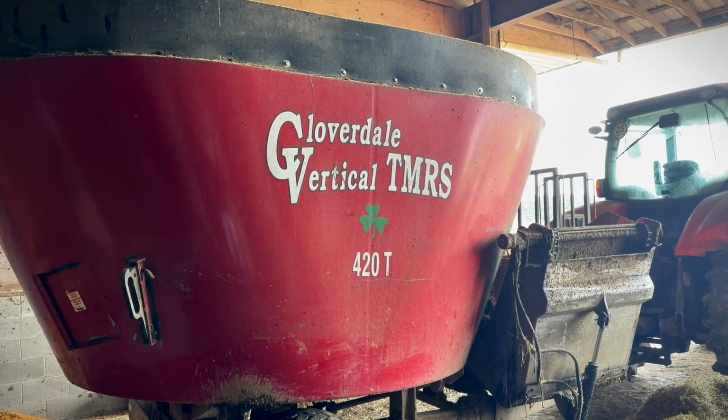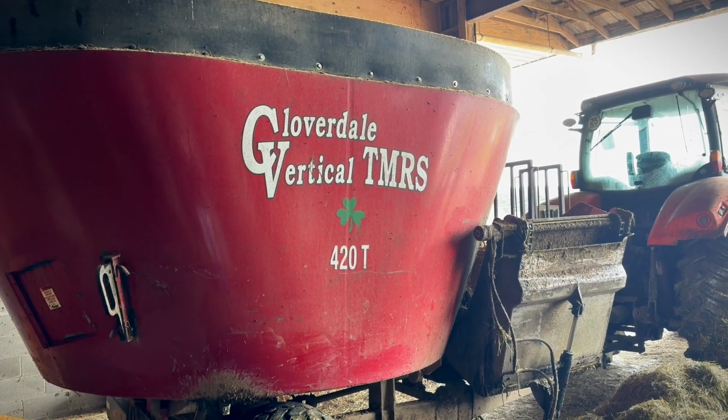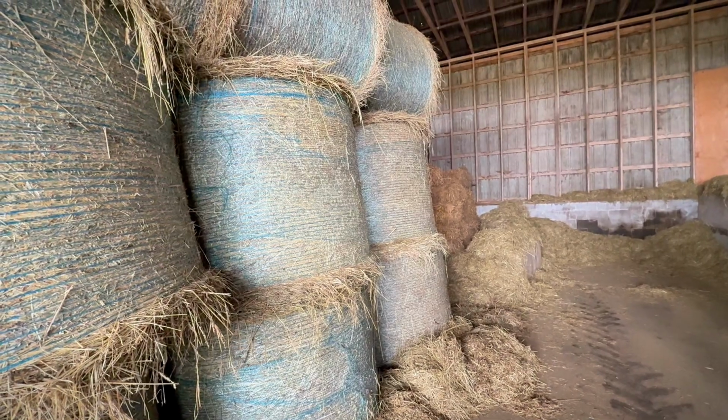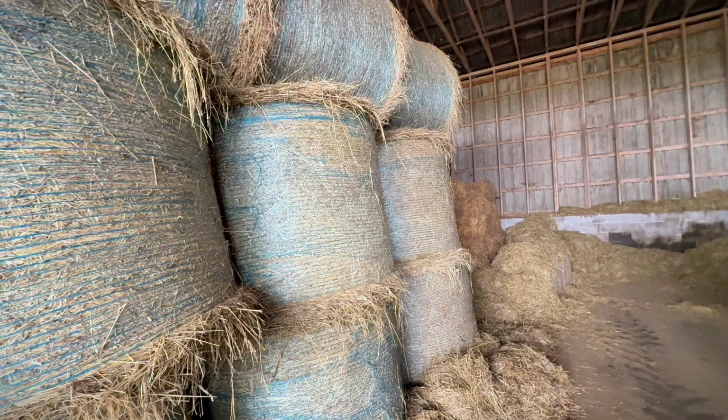Our TMR mix wagon can process whole bales at a time, and so we'll pre-process those and pile them here to where we can mix them on a batch by batch basis without having to wait on the bales when we're feeding. And then back here we have our